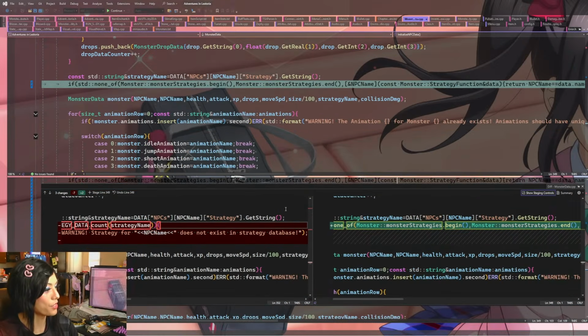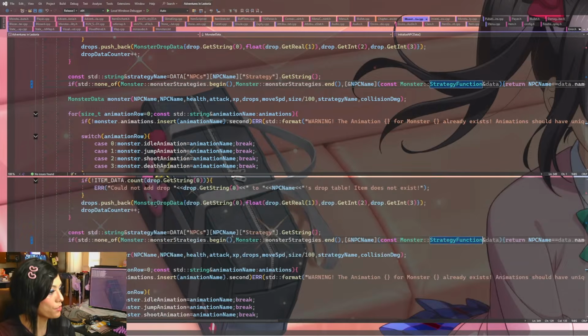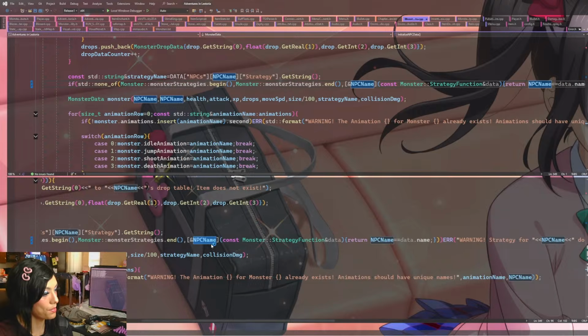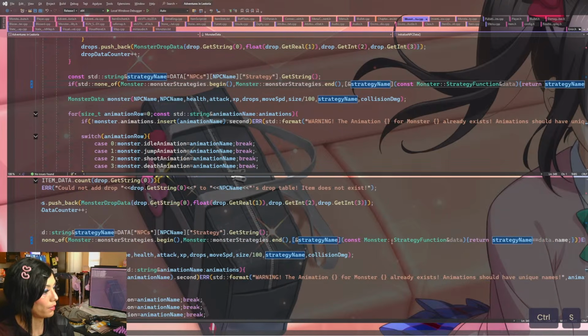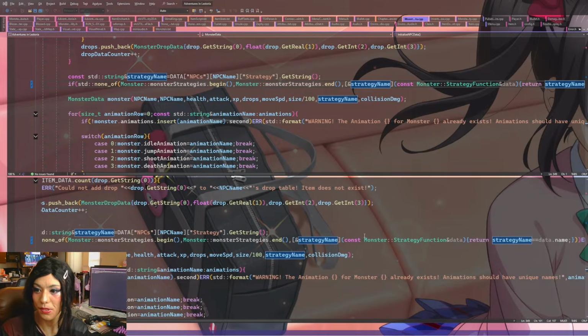Because that's not what the strategy is called. It's called using the strategy name still. So that was incorrect. And that should fix that. So we just had a false error. Basically a forced runtime error.